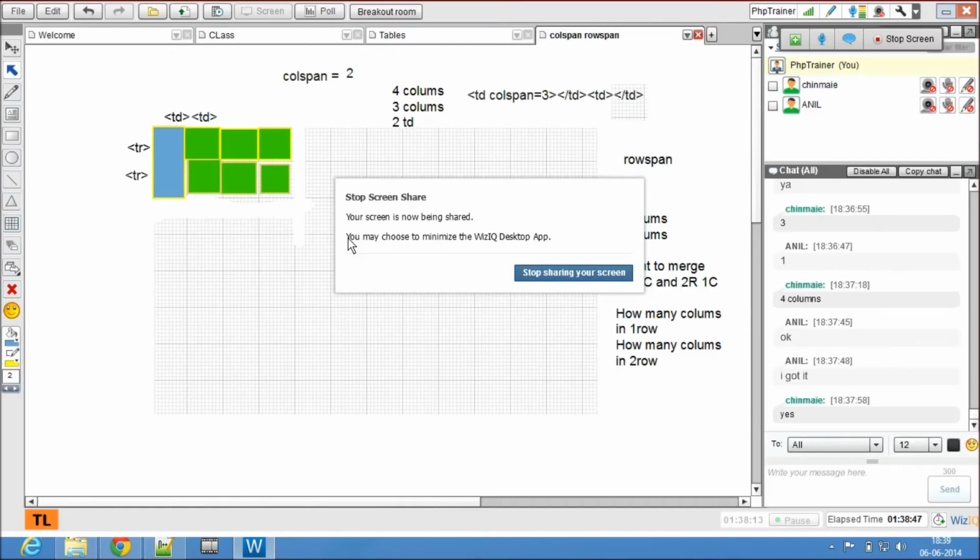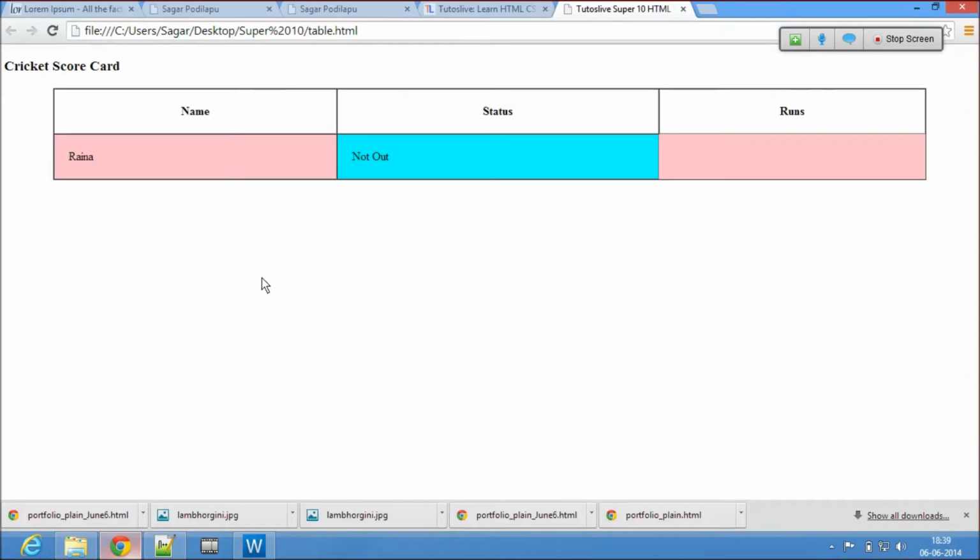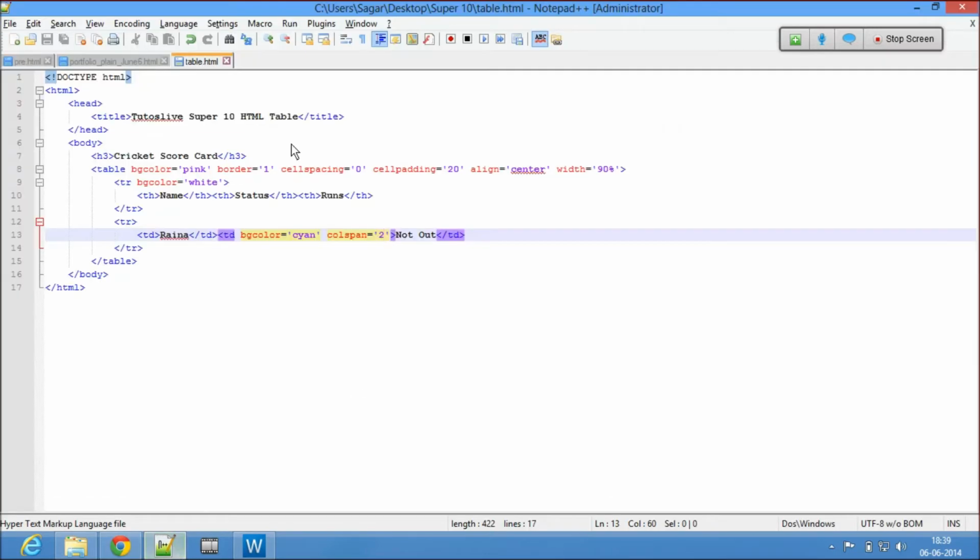Colspan equal to 2. Let's see. I said I'm merging these two. See that? I've merged. There is no gap. I have merged the two when somebody is not out.